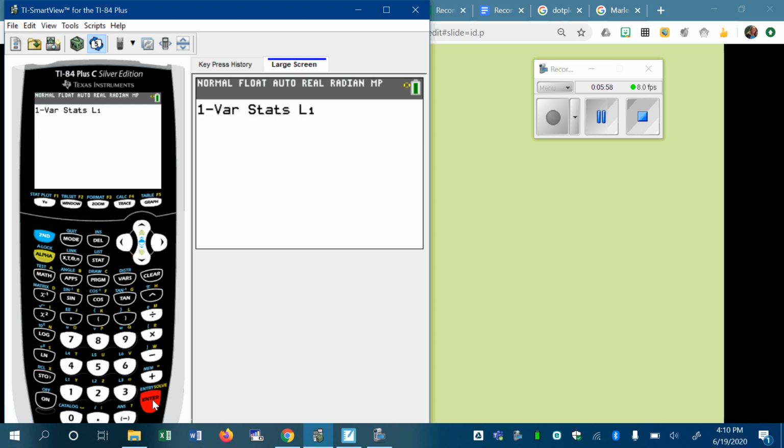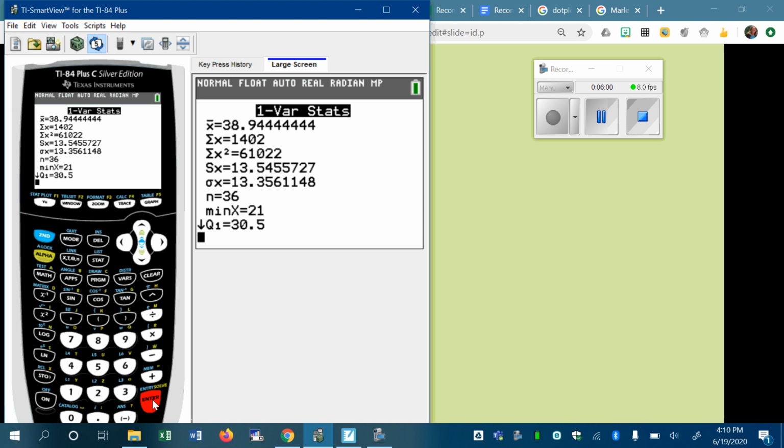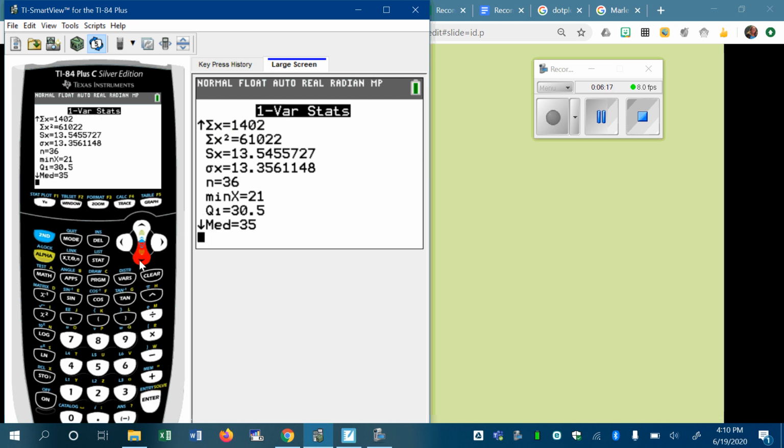And then when you enter that, you get this output. Now the output screen has a lot of information on it, some of which we haven't talked about yet in our class. I will point out that X with a line on top of it is actually read X bar, and that is the name for the mean or the average. So let's scroll down a little, and you'll see that the last 5 things on this screen are the 5-number